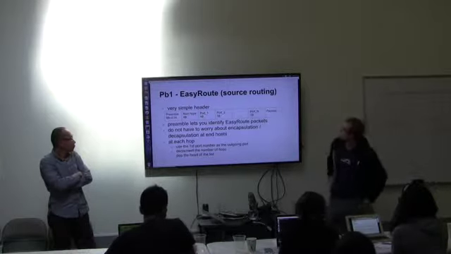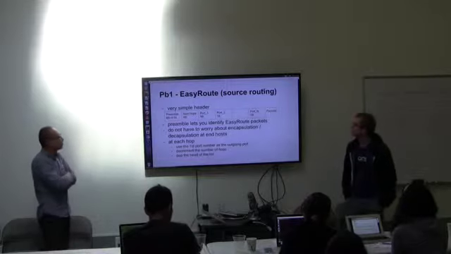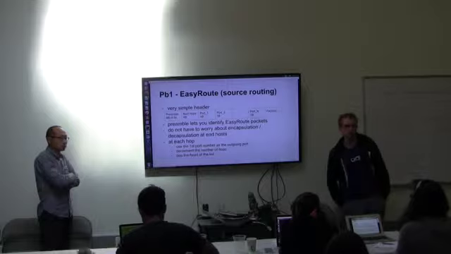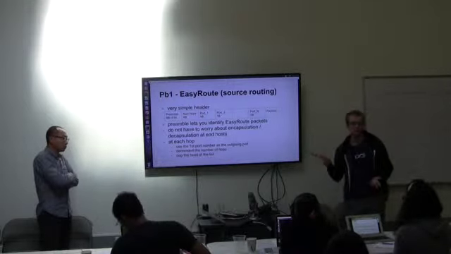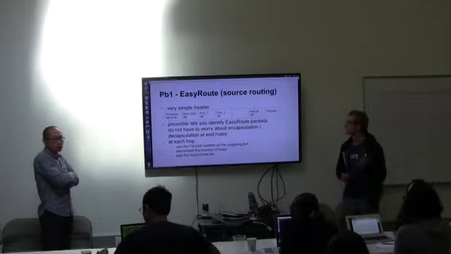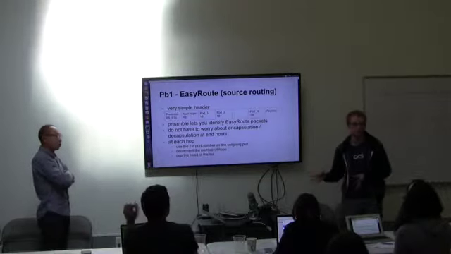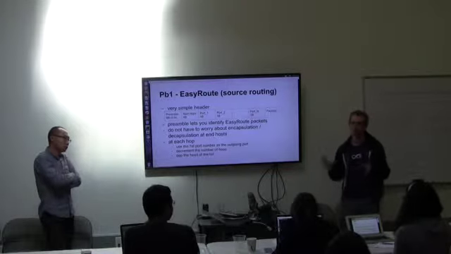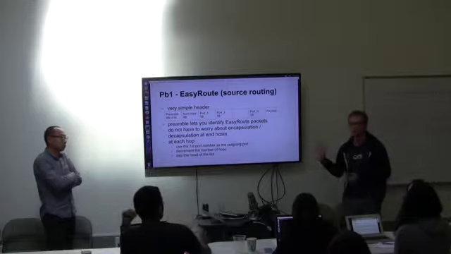Okay, so the first problem I'm going to do, I call the easy route problem. I designed an arbitrary source routing protocol, which basically takes your data, encapsulates it with this header, and sends it through a series of switches. That's source routing. So the sender is responsible for adding all the path information to the packet when it sends it. And then each switch along the way is going to look at the relevant information, take it from the header, and then pass it on to the next